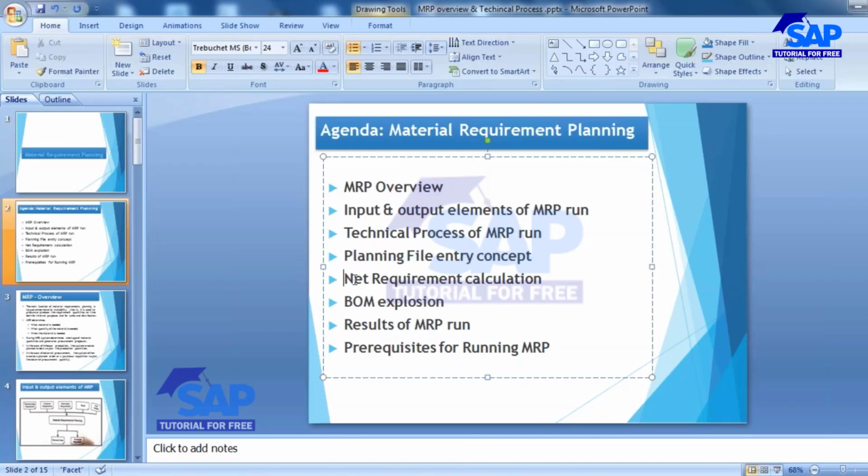Then we'll see net requirement calculation. What is net requirement calculation, how it is used. And then we'll see BOM explosion, how the BOM is exploded and what is the use of BOM explosion. Then finally what is the result of the MRP run. So this we'll understand, and then finally we'll see what the prerequisites are to run MRP